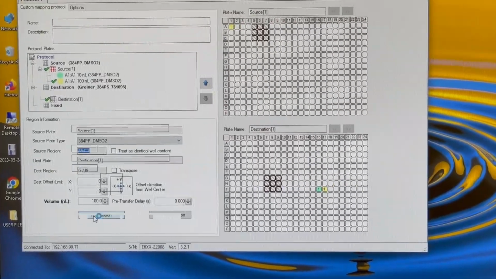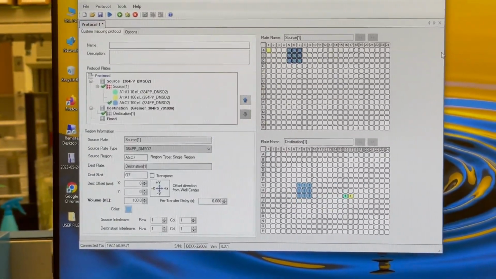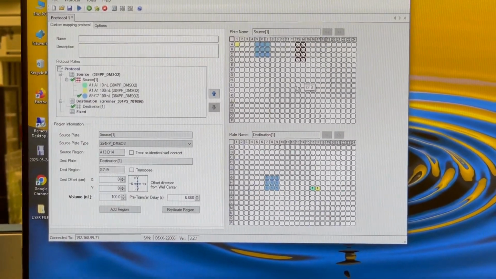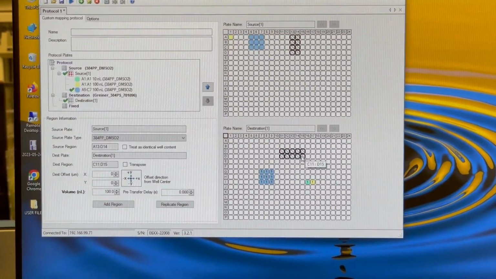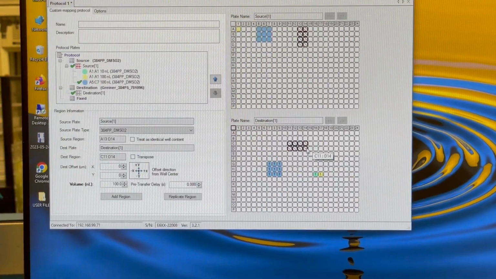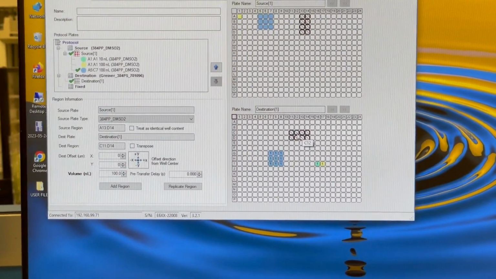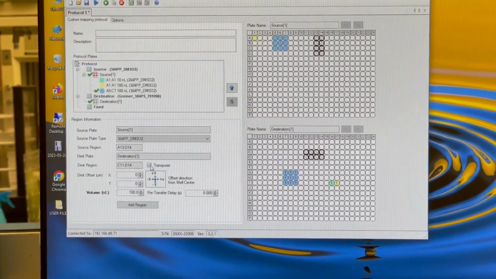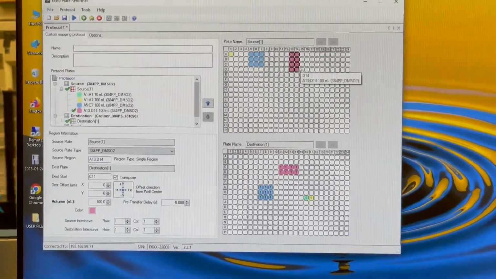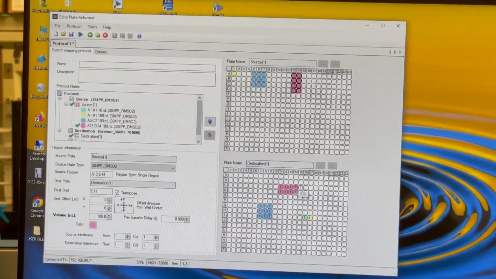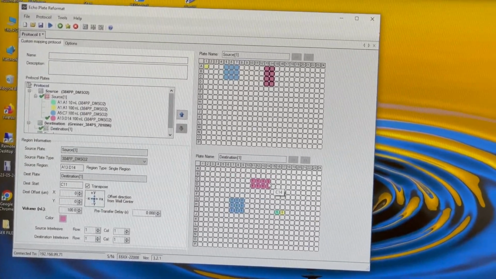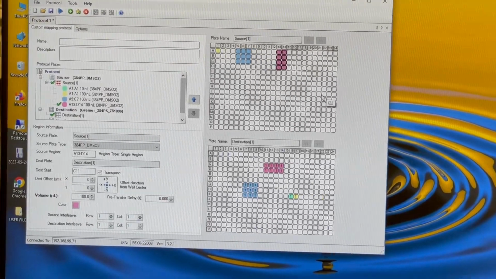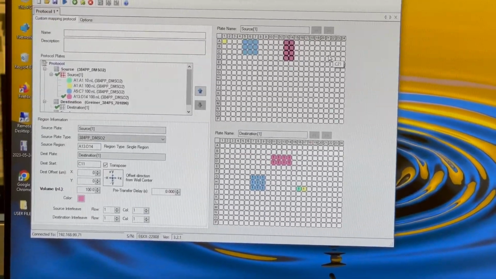You can also, if you want, this is called transpose. So notice how this is rotated 90 degrees. If you click transpose, then it will let you add a region where it's going the other way around. There's some situations like avoiding edge wells where you might make use of that.